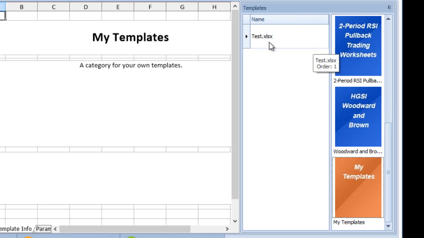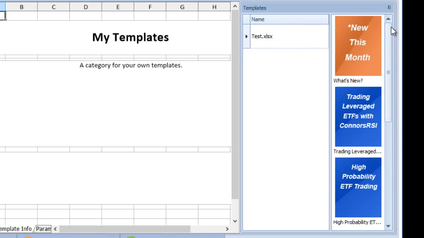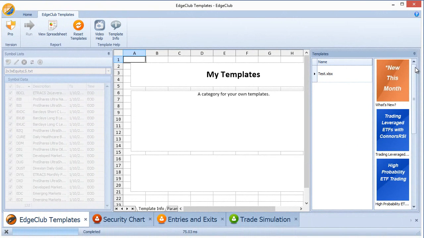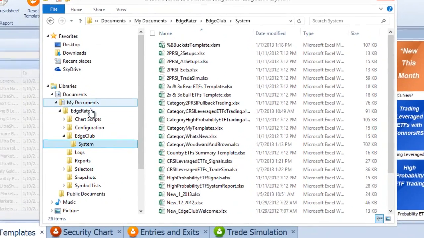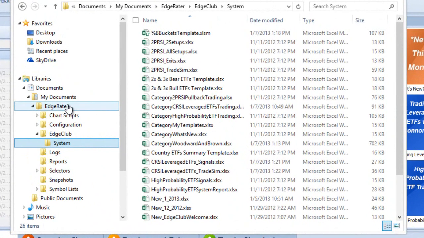has one template in there called test.xlsx. Templates, by the way, are all Excel documents that exist on the file system. So in order to modify a template, you actually have to have Microsoft Excel or an Excel compatible application installed. The location on the file system where these templates are stored is, again, under the My Documents EdgeRater directory,